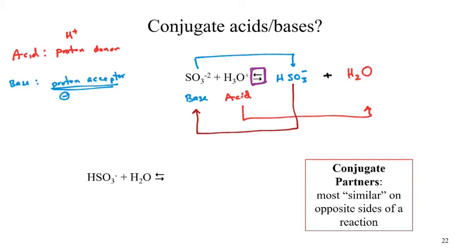For HSO3 minus to go to SO3 minus 2, what did it have to do? It had to lose a hydrogen, or lose H+. That lose could be a confusing term because we've used that in oxidation and reduction. So instead, let's switch that to donate. If it is donating H+, that would mean HSO3 minus is acting as an acid. So interesting, our reaction now has two acids. What happens for the other one, our H2O? It went to become H3O+.